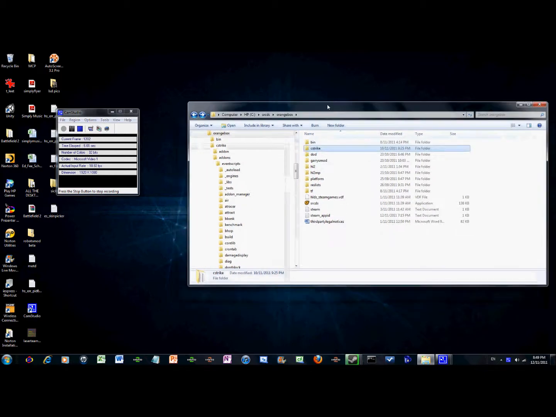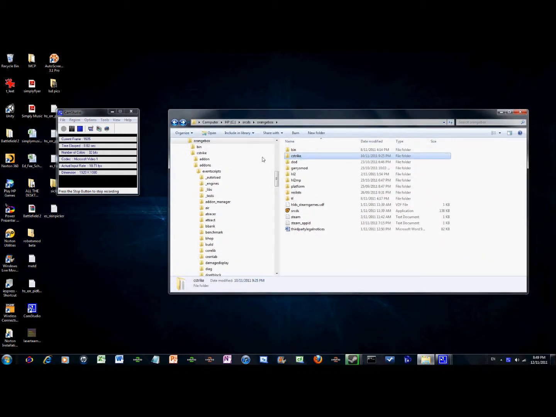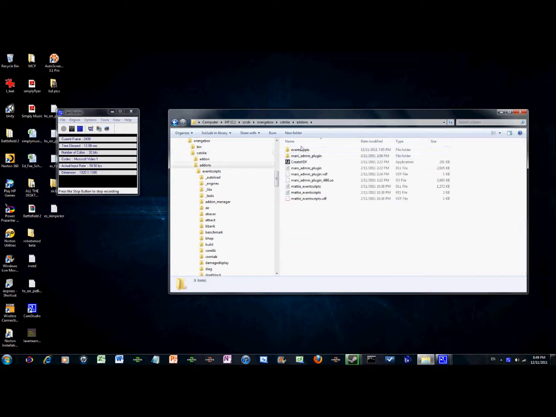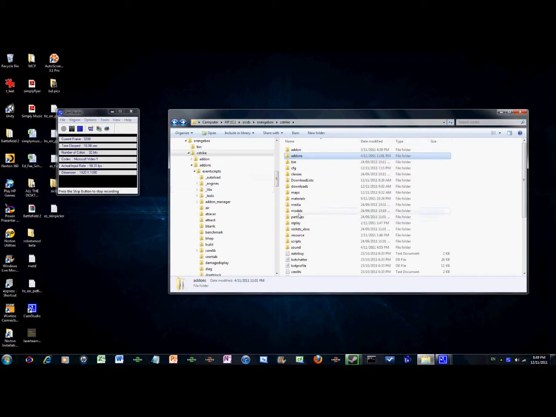An add-on I've made for your srcds server. What it does is it's a skin changer for you. Now you've got to put your own skins in it. So before I show you it,